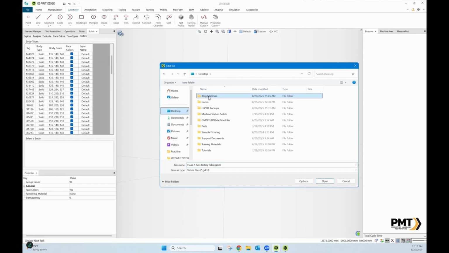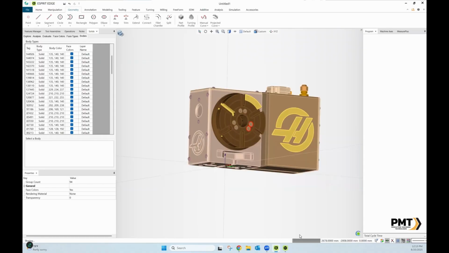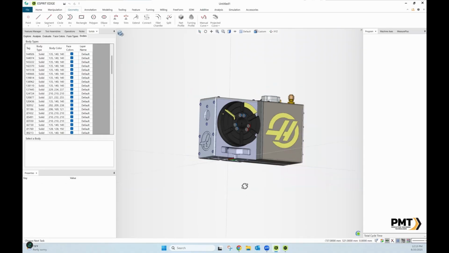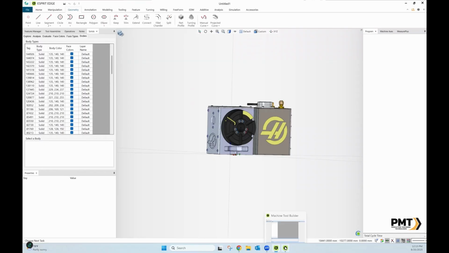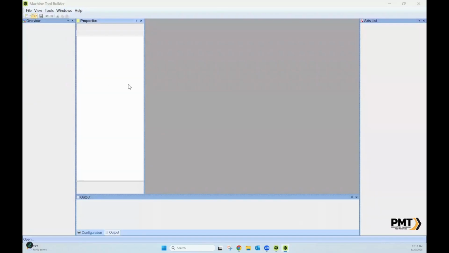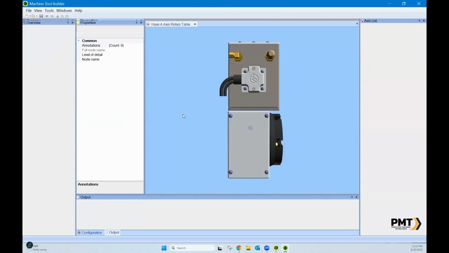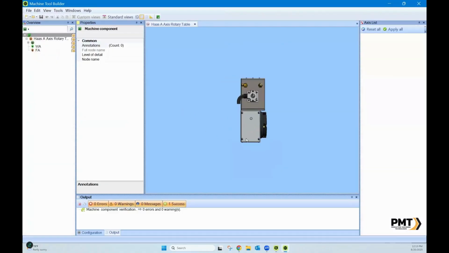And I will save it to a location I'll be able to find it. Once that finishes saving, then we can move over from ESPRIT into Machine Tool Builder. Now in Machine Tool Builder, we're just going to open that file we just saved. And when this opens up,